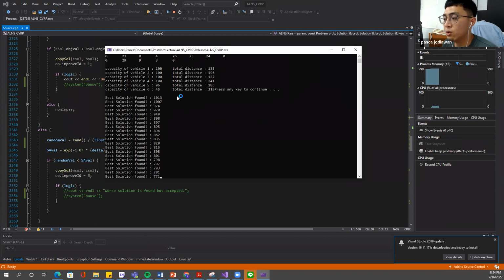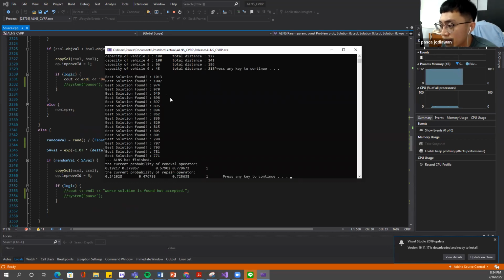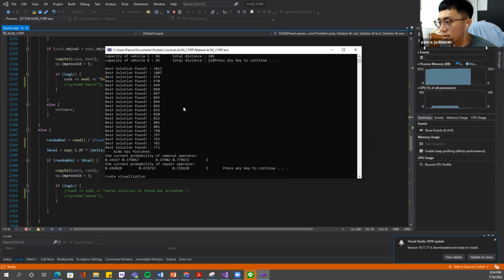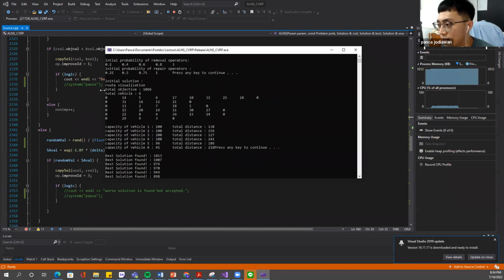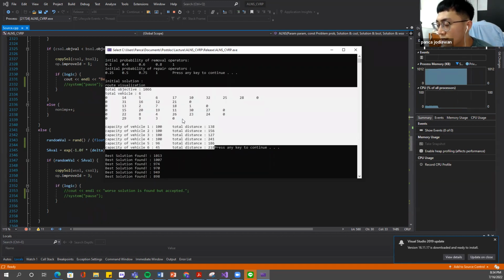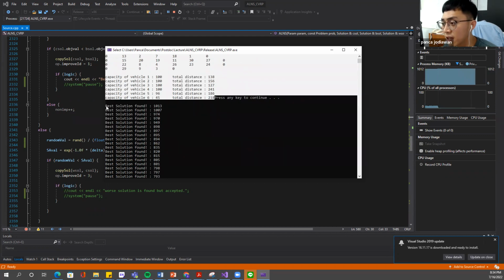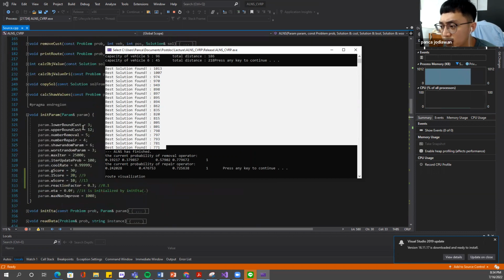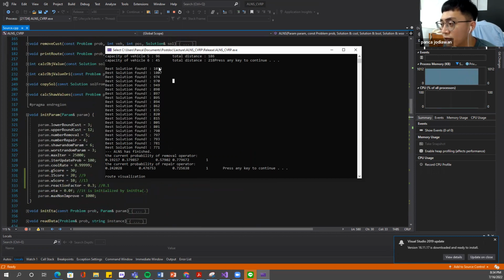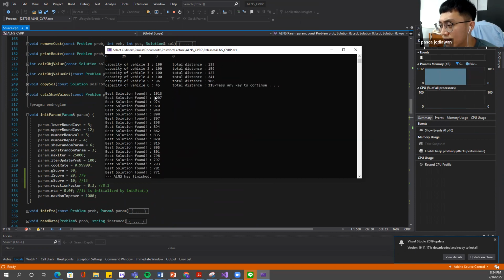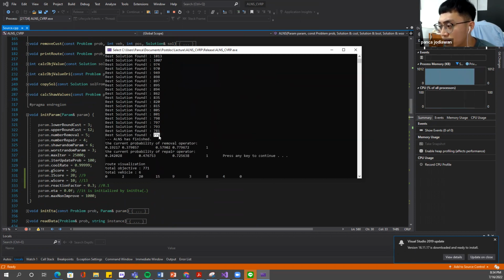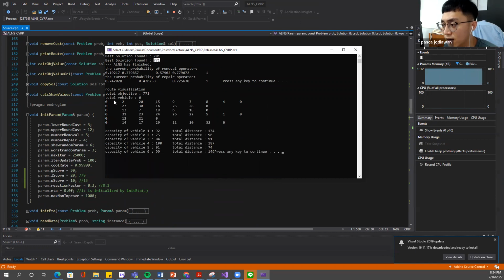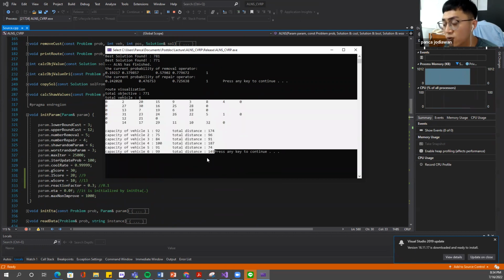Okay, so when you successfully design the ALNS, it should improve your initial solution, right? Let's see this one. This is the initial solution, 1066, and then the ALNS has run for 25,000 iterations, as I remember. Yep, 25,000, and then from 1,066, it can reduce to 771, and this is the total routes.